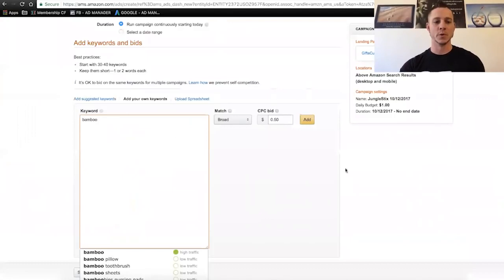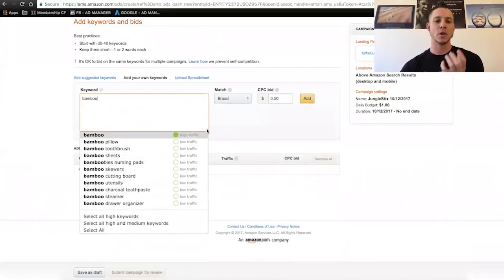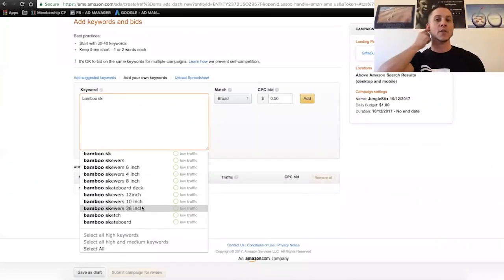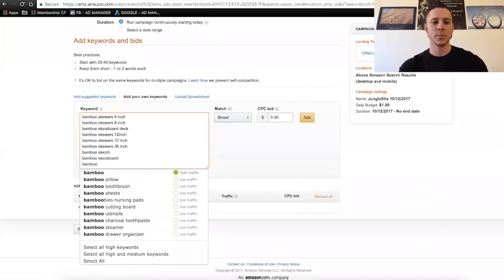So if we search bamboo, all of a sudden we see straight from Amazon all of these different words, and they also give us the amount of traffic associated with these words, right? So bamboo S is sheets. We could do K for skewers. And then all of a sudden we have these long tail keywords, like the number of inches. Just because somebody is searching for a bamboo skewer that is 6 inches, if they see a beautiful listing and yours happens to be 8 inches, they aren't necessarily going to ignore yours because it's 2 inches longer, right? So it's very important to have as much representation for all of these long tail keywords as we can get. So we're going to type in bamboo,